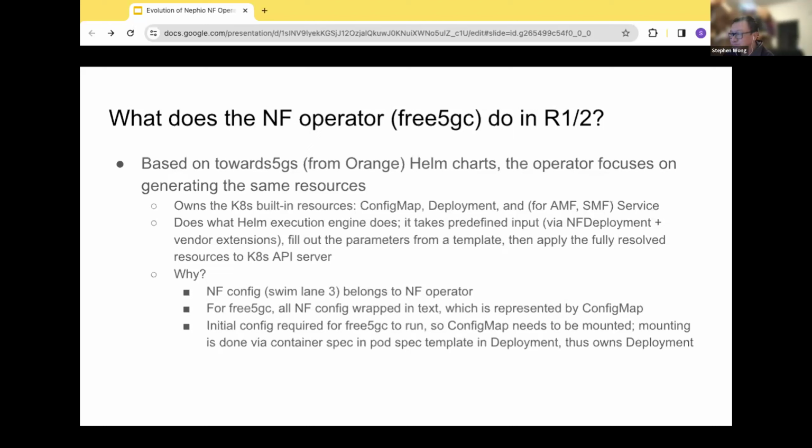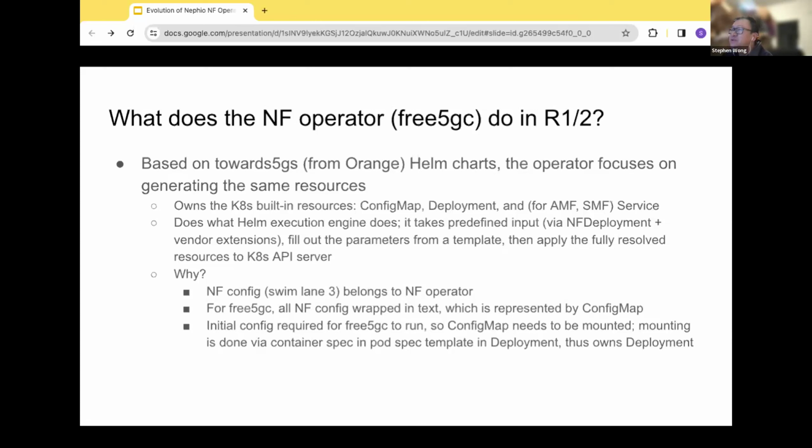I basically do a Helm template off of those charts, and that's what is being dumped. They have a values.yaml already as part of it, so I just write code to get to that point. It is based on whatever we finalized as our CRDs, the NF deployment or UPF deployment, which wraps the NF deployment back in R1.